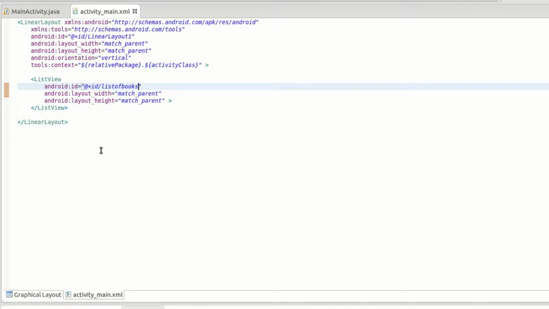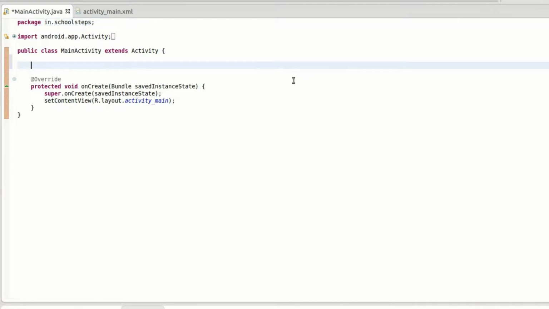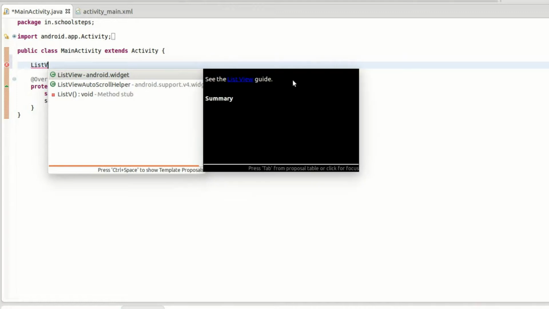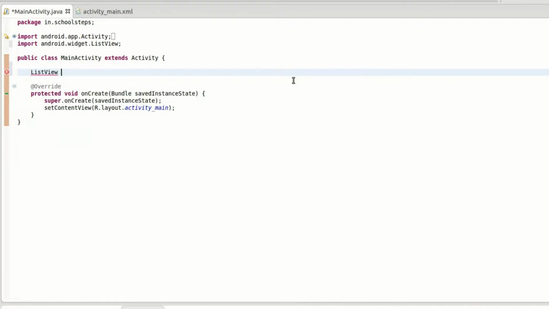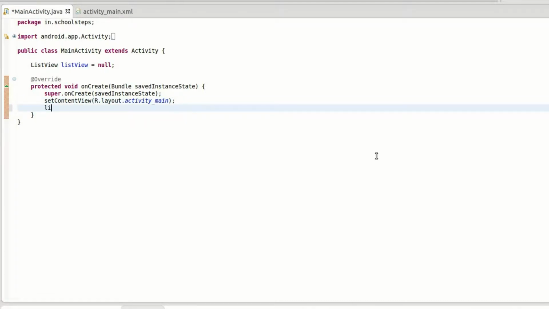The next thing which we need to do is to get the object of list view in the main activity. Let's go there in the main activity. Right here, type ListV, press Ctrl and spacebar together. It will give you list view. And let's instantiate the object here. After the set content view, we need to say list view